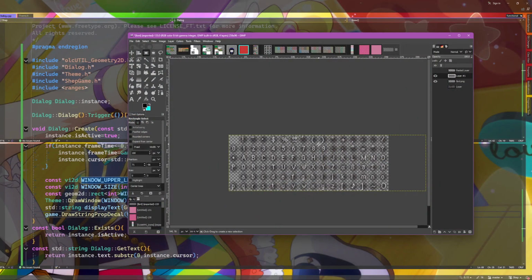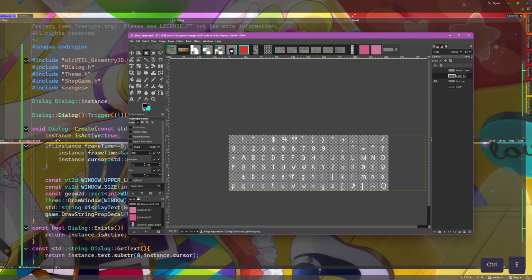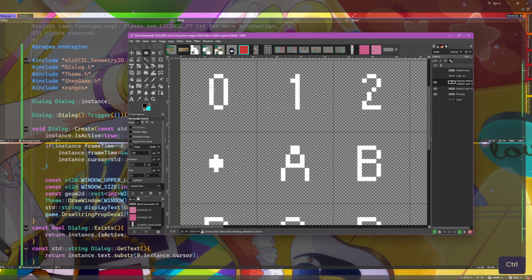No, I'm just messing with shadow font stuff. It actually gets cut off at certain points. I didn't think about that. Crud, that's why it looks funny. Drawstring prop decal does that. Well, that makes this not a good technique then. All right, back to the original plan then, which is just doing one of these.